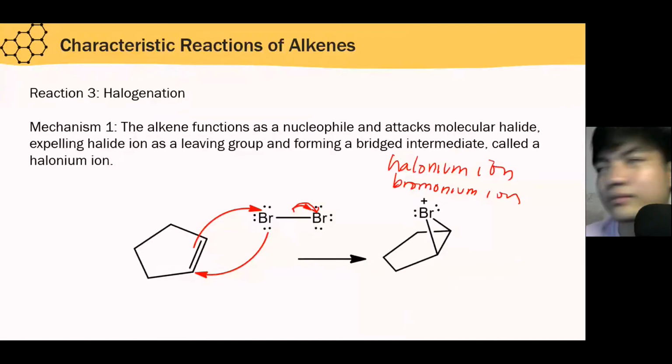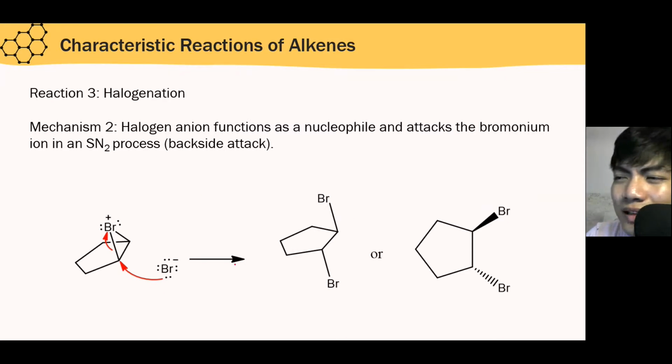Okay, that is what is shown in your PowerPoint. So basically, a lot happened in the first step. So you will form your halonium ion. So it is a triangle. Okay, and the halogen here will have a positive charge due to its formal charge. So after forming the halonium ion, what will happen next is your Br minus will attack